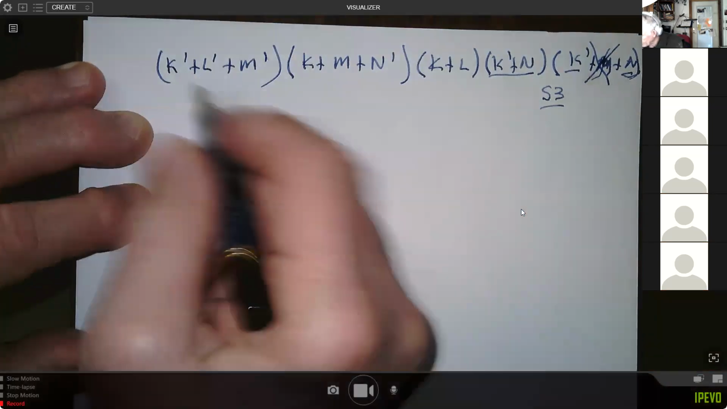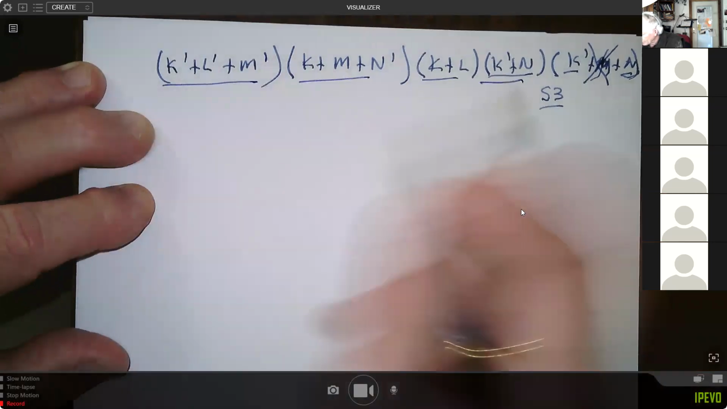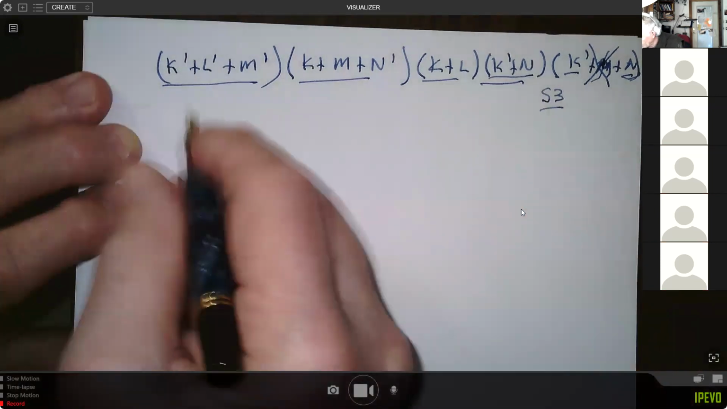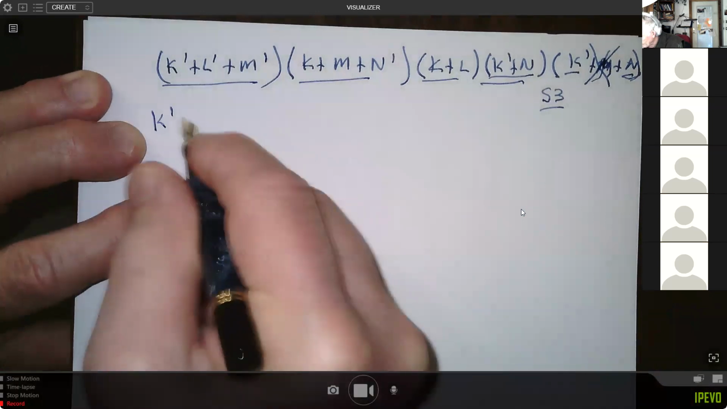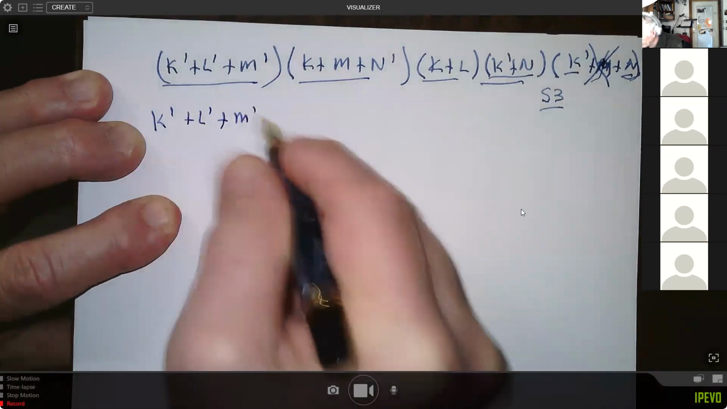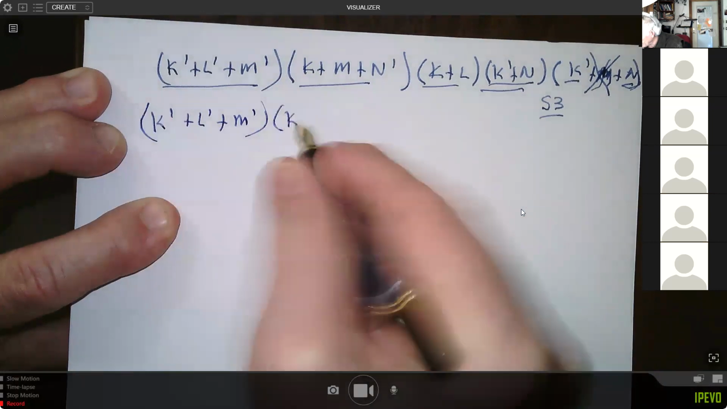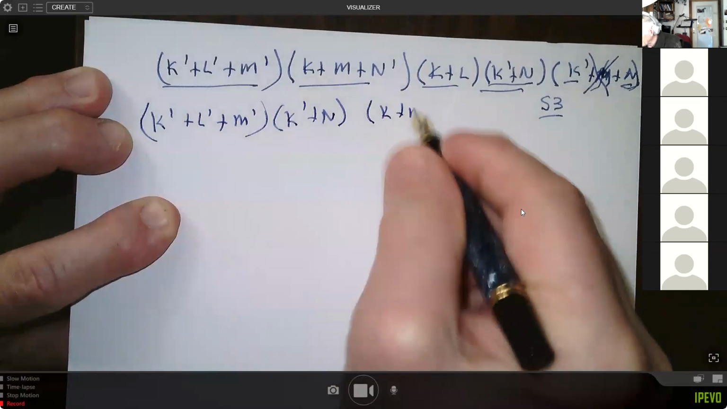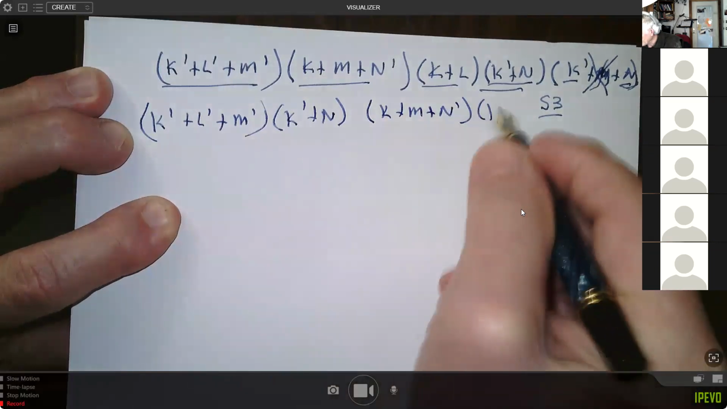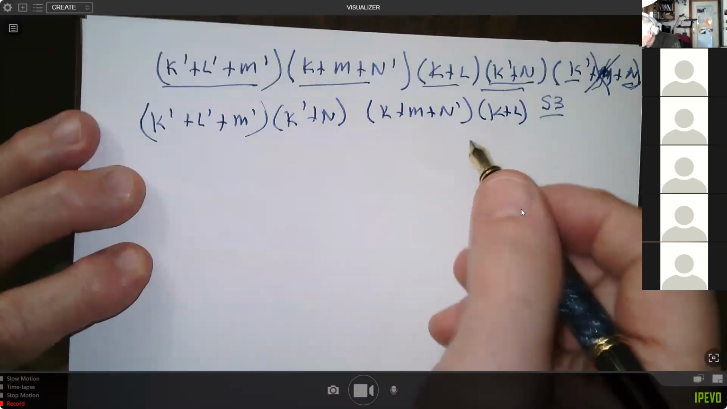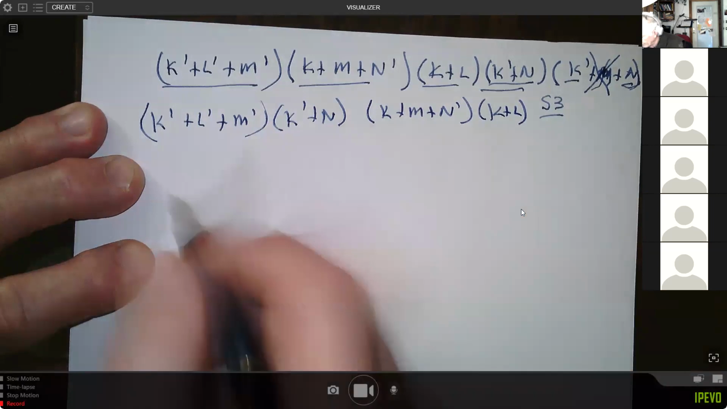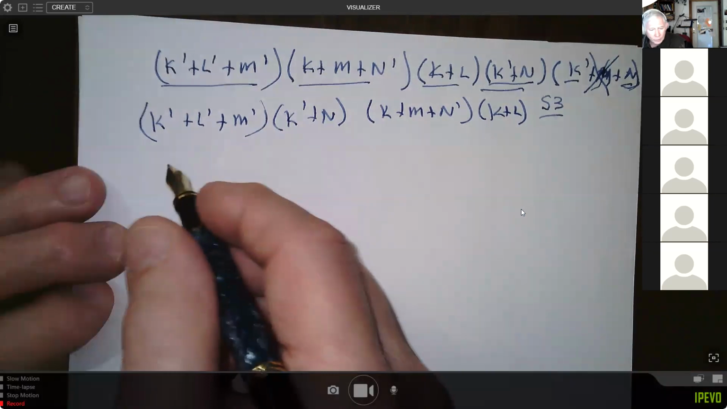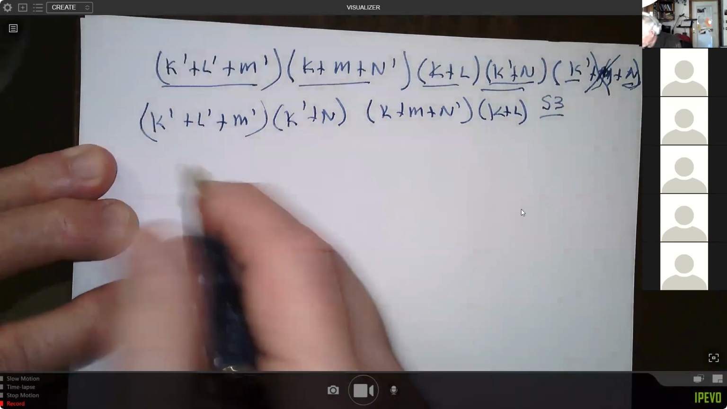All right, so we have now these 4 terms, 1, 2, 3, 4. Okay, so we do have a K in every term, so we can use that feature, and we can organize them: K prime plus L prime plus M prime quantity times K prime plus N times K plus M plus N prime times K plus L. All right, so that's one thing we can do. We can factor out the K prime. And yeah, that's what we should have done up there. Maybe I did. Okay, well, anyway,